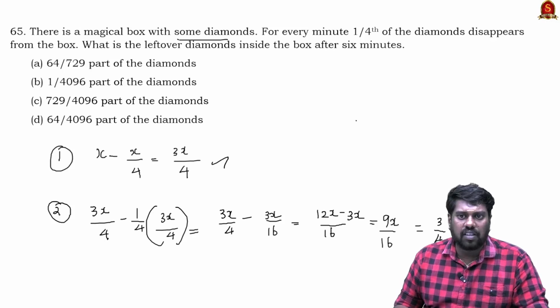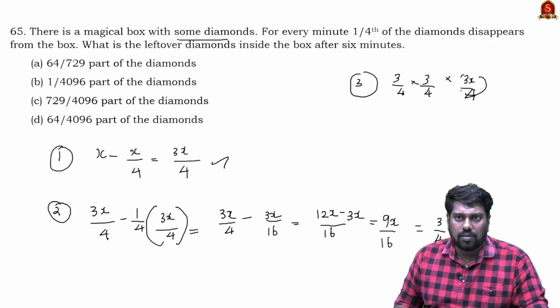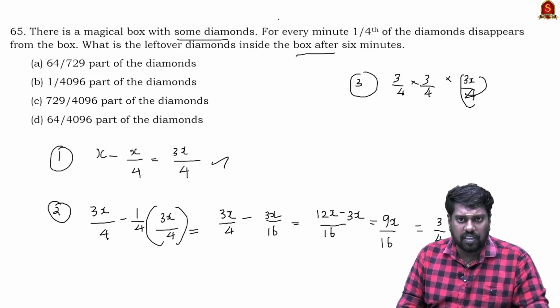If you take the third minute also, what will be the pattern? One more 3 by 4 will be multiplied. So it will be 3 by 4 into 3 by 4 into 3x by 4. Correct? So for every minute we have a pattern which is multiplied by 3 by 4. In the sixth question, they are asking for after the 6th minute. For the first minute one 3 by 4, for the second minute two 3 by 4s, for the third minute three 3 by 4s. So for the 6th minute,